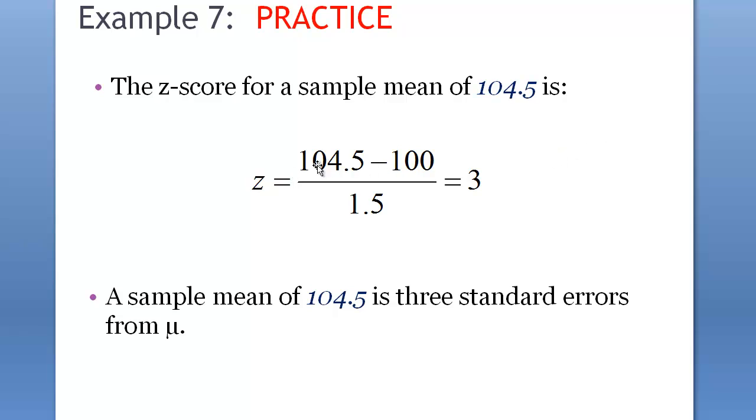So the z-score for that is 104.5 minus 100 divided by 1.5. This was the standard error, or the standard deviation of the sample means. So we're looking at the distribution of sample means, and this is a standard deviation. This is the particular value in the distribution, and this is the mean. So that's how you calculate the z-score, and it's going to be 3. So the z-score for that is 3,